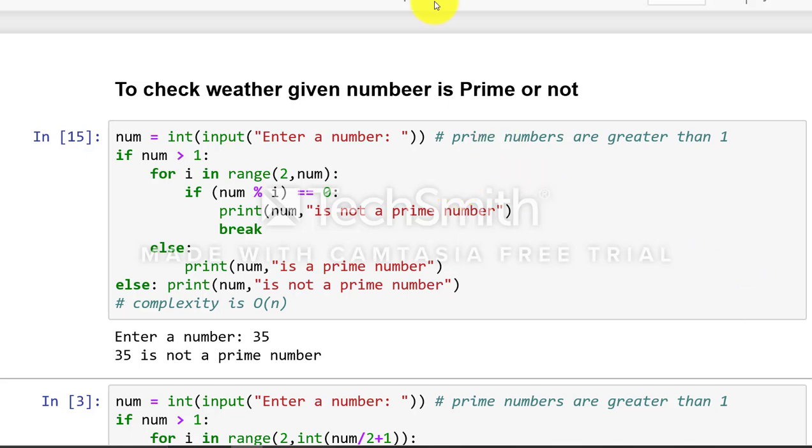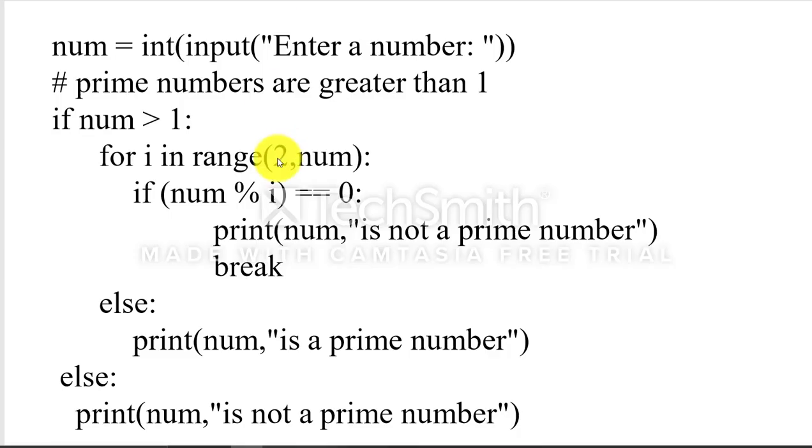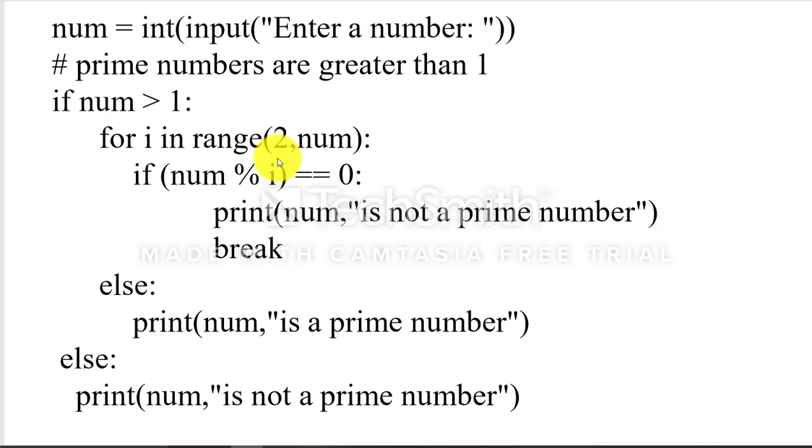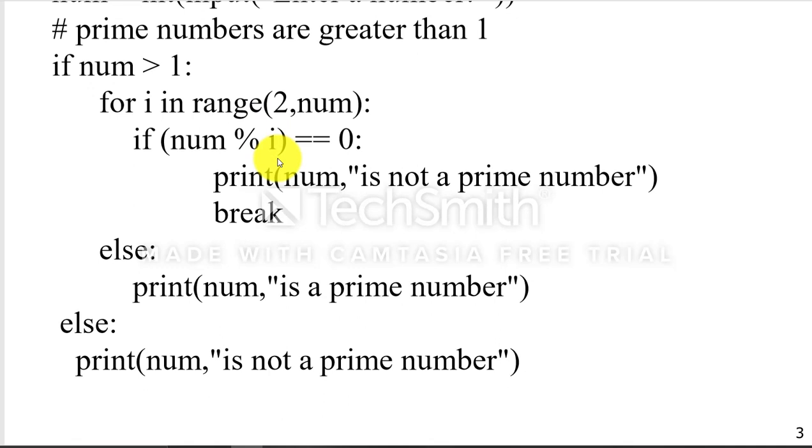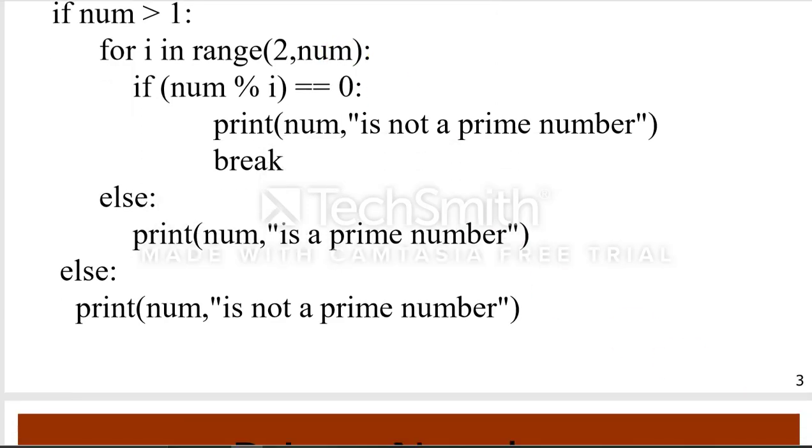Similarly, in this case the complexity of the program is big O of n, because we have to create a loop running from 2 to num. So definitely for a large number it should be big O of n. In this case the time complexity is big O of n,